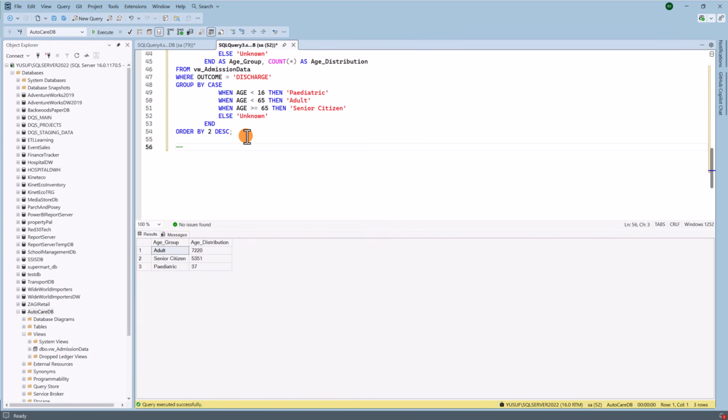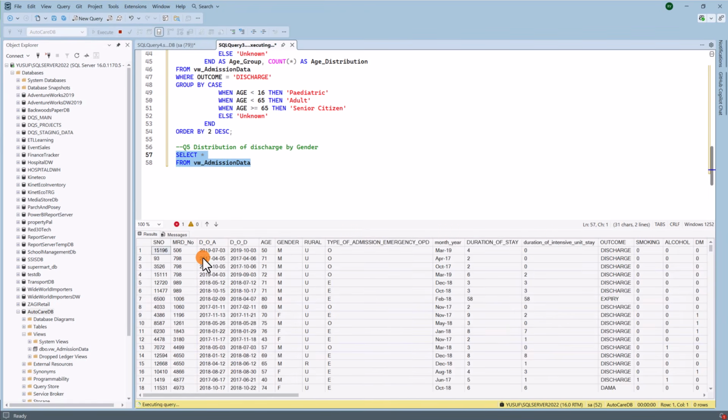So, Q5: discharges by gender. We are going to check our data, inspect, select everything from the admission data, and let's run this. So we can see that we have a gender column, which we can just use directly in our